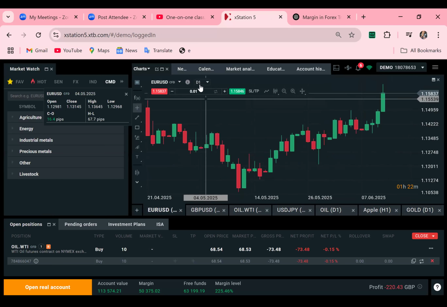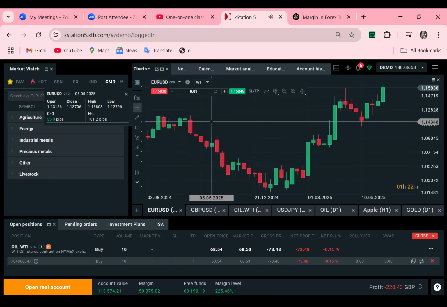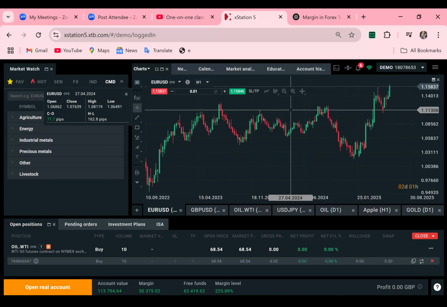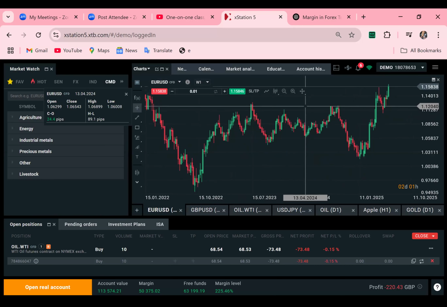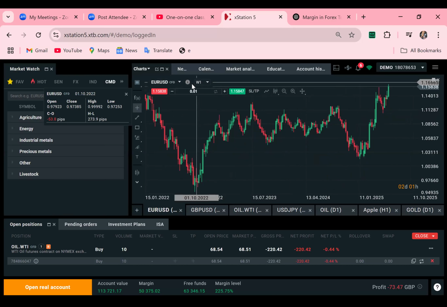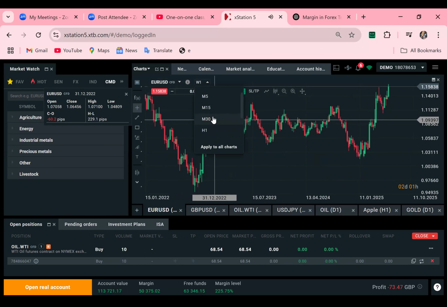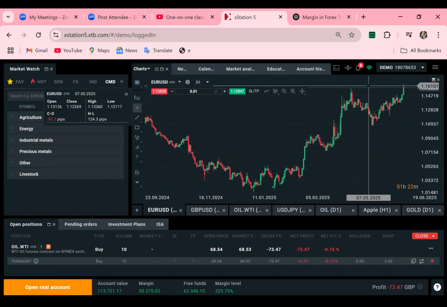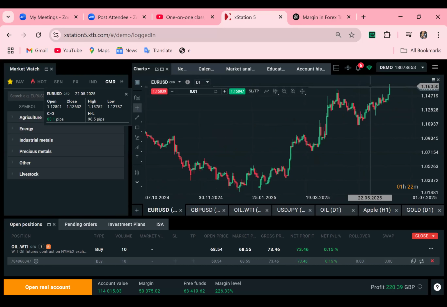Then we have the analysis on EUR/USD. I think EUR/USD is no more valid. Let me check. Yeah, so EUR/USD is no more valid. But we are going to look for a new position on EUR/USD to enter the trade, like a second position. That first one is no more valid because it has hit our resistance, which is here. Most likely here is our resistance, and the market has gotten to that point.